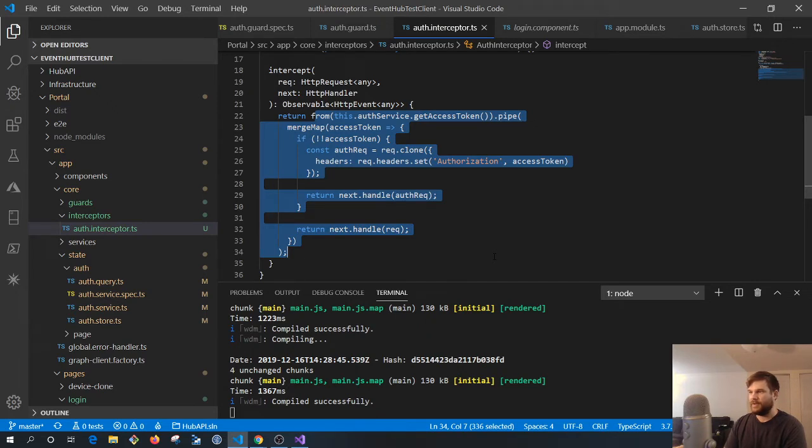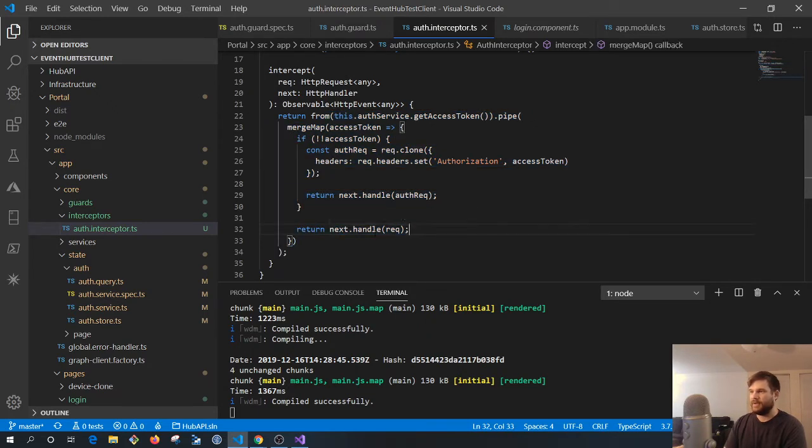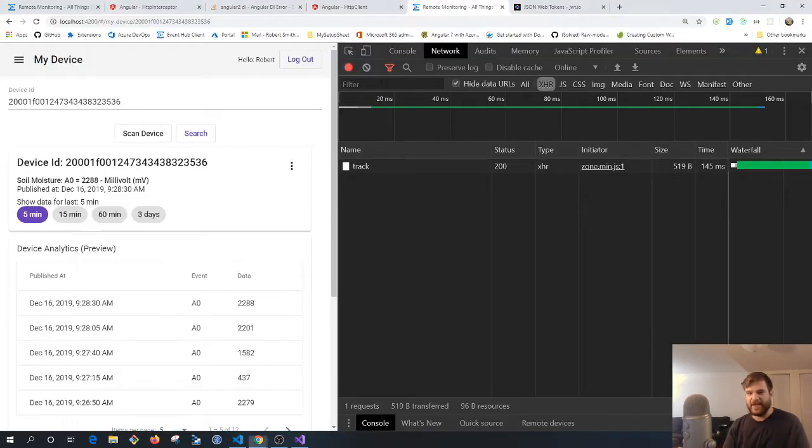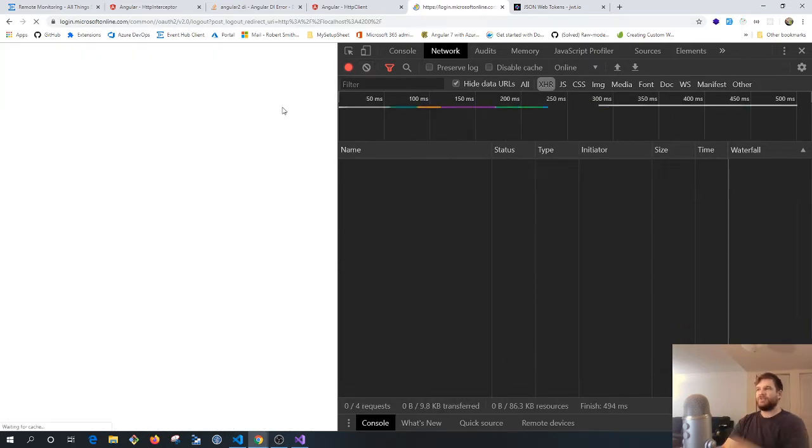Let's see, handle. Yeah, there actually may be. Yeah, we're not making, never mind. I was thinking this would be like the HTTP module's new testing thing for it, but it's definitely not. So let's triple check